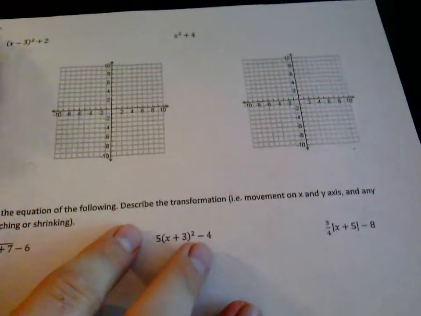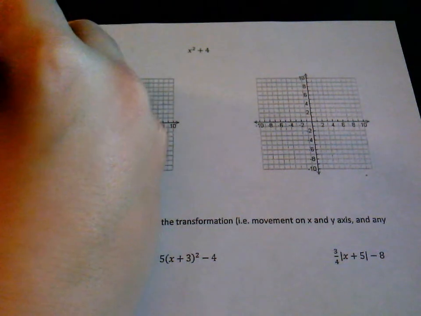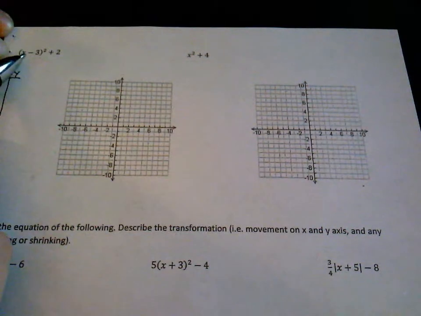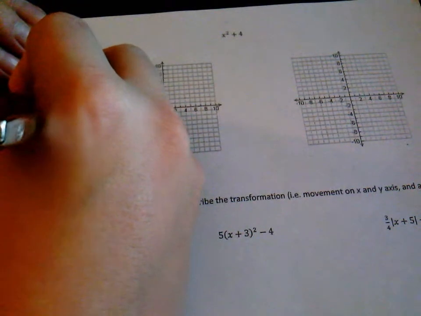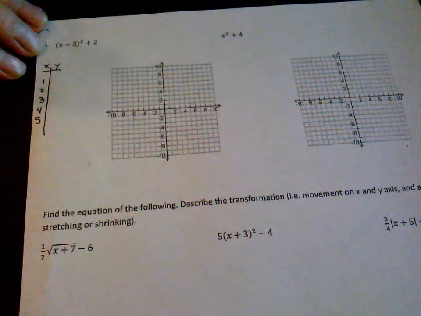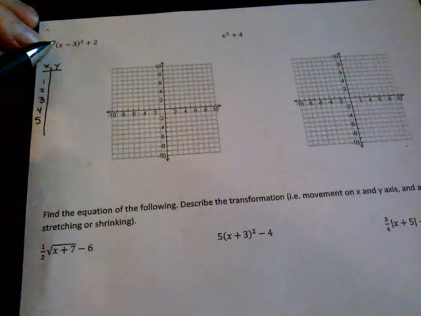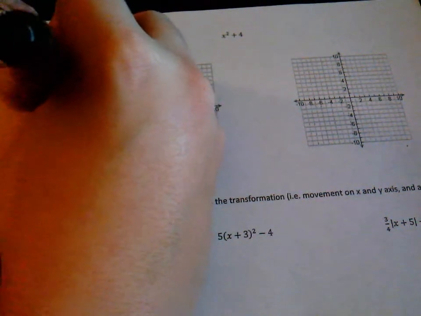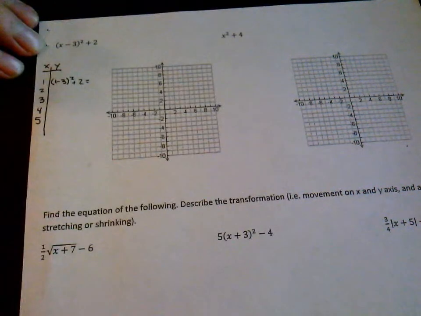Now these, you do the same exact thing, and it'll come out with pretty much the same type of outcome. So positive 3 is where we start. We do 2 less, 2, 1, 4, and 5. So now we've got our 5 numbers we want. Each of these numbers we plug into here. So the first one we do 1 minus 3 squared plus 2, which ends up being